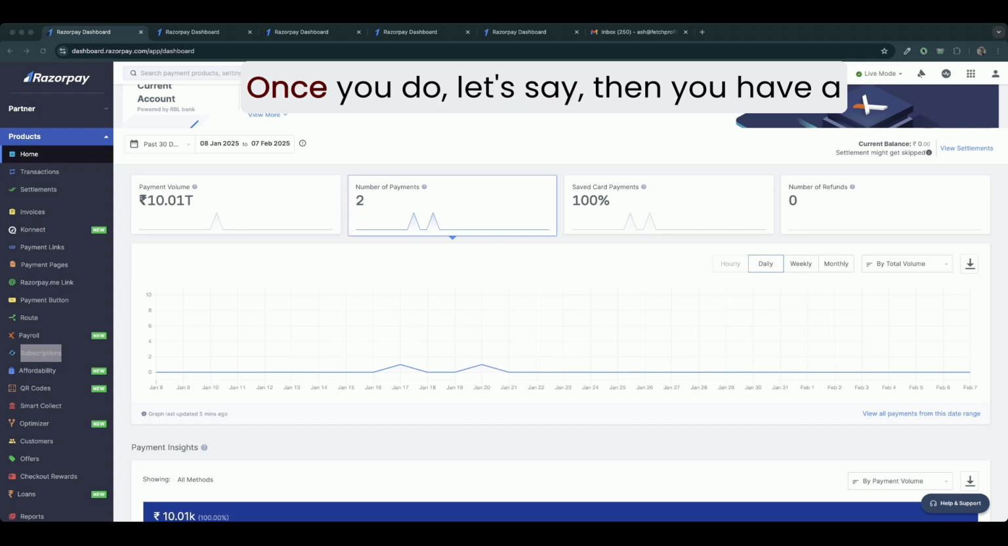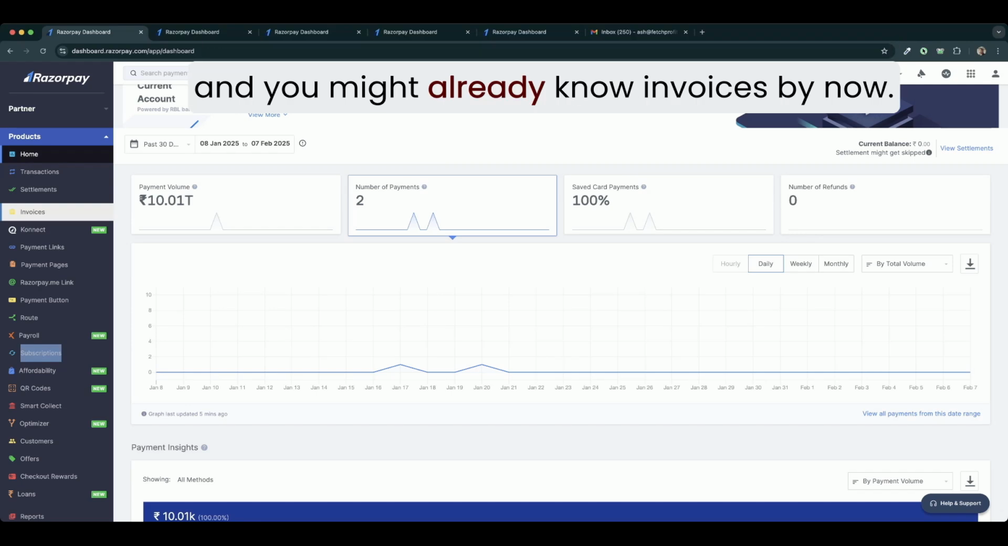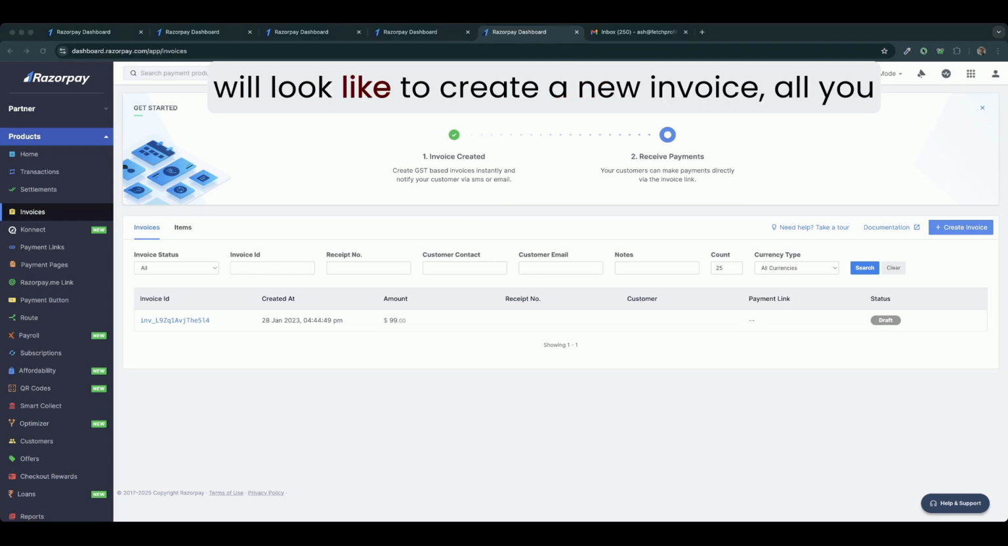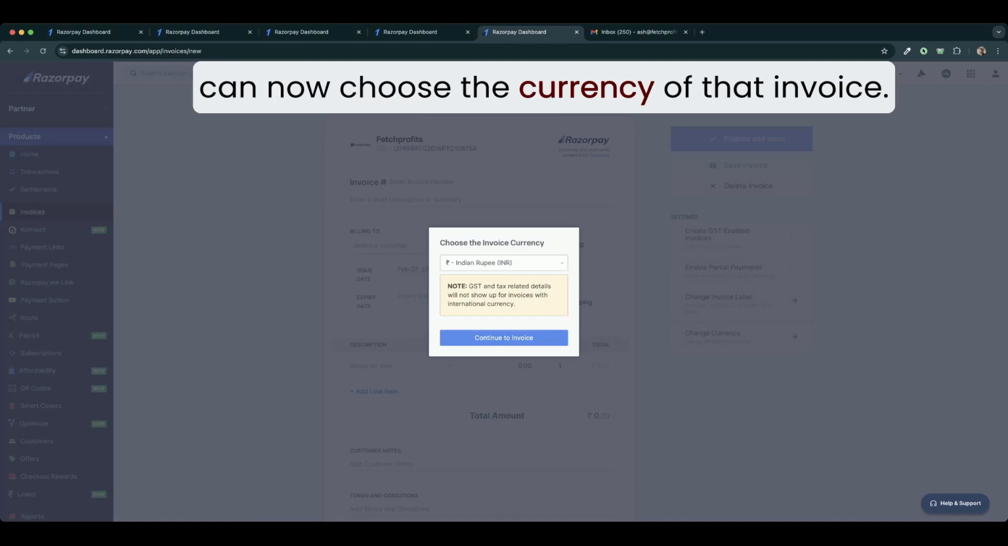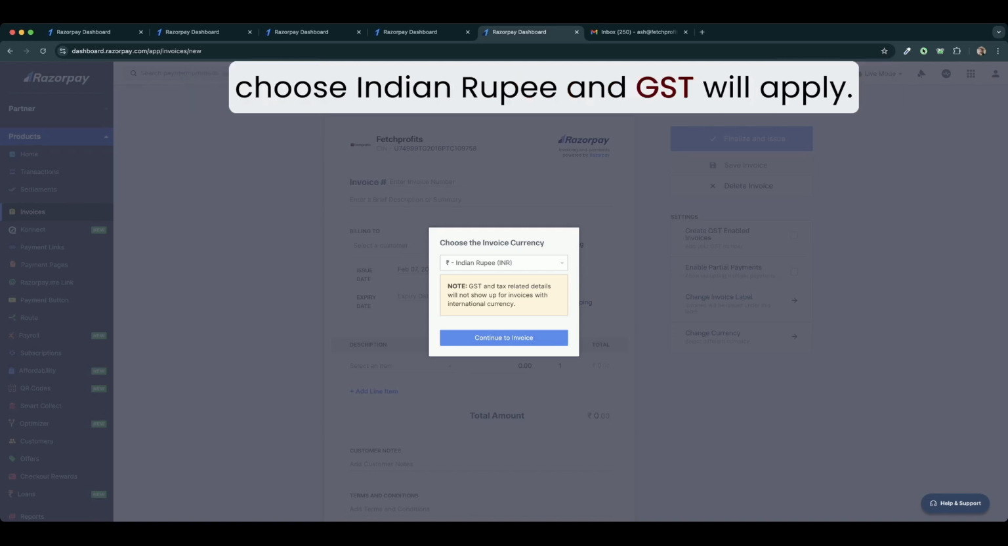So once you do, let's say, then you have a way to collect invoices, for example, which is straightforward, and you might already know invoices by now. If you were to create invoices, this is how it will look like. To create a new invoice, all you need to do is click on create invoice, and you can now choose the currency of that invoice. So if you were sending it to an Indian client or an Indian customer, you would choose Indian rupee and